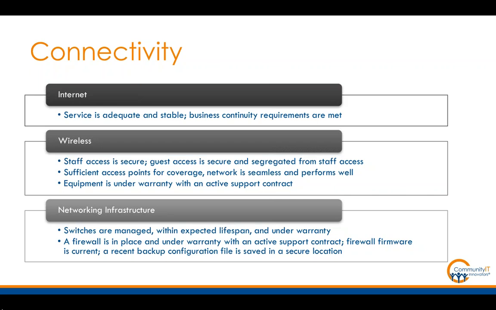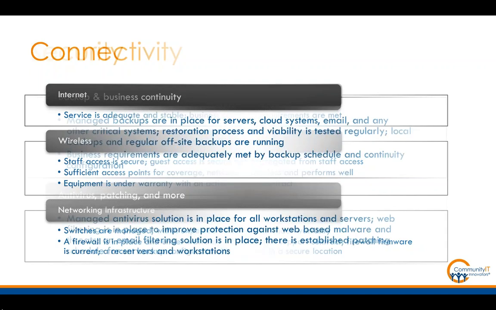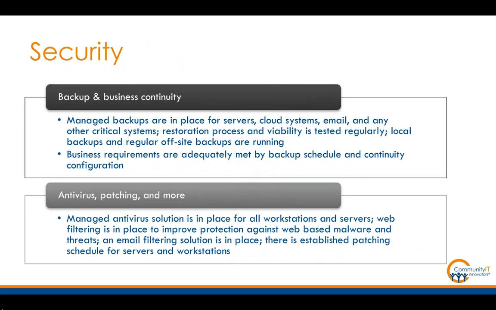Firewalls and switches also have updates that should be installed. Likewise, the wireless access point that Eva mentioned earlier. So connectivity is important and it's integral to a network. And these are three key areas where risks can be identified and safeguards can be put in place. Next up, we would move on to security and spend a little bit of time talking about